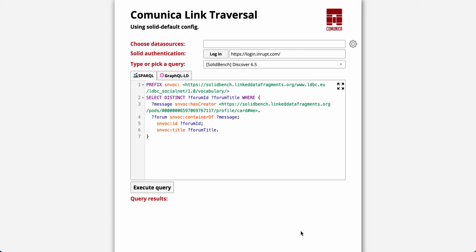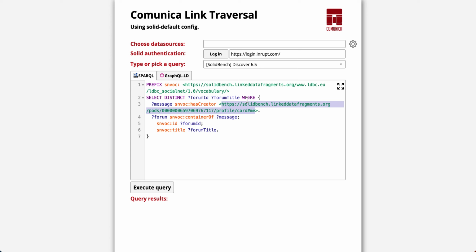So in this web client, you can see a demonstration of this approach, where we have a SPARQL query, but we don't define any starting sources. So what the query engine will essentially do if we execute such a query is it will inspect all of the URLs in this query that appear in subject and object positions, and in this case, it's only this URL that meets these requirements. So what the query engine will do is it will start by dereferencing this document,